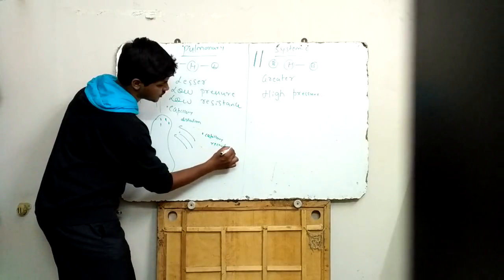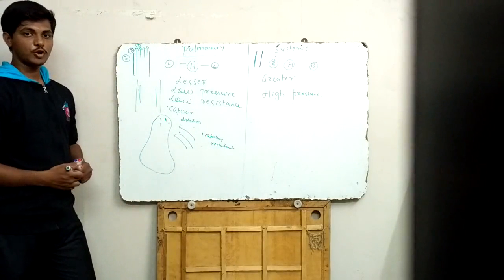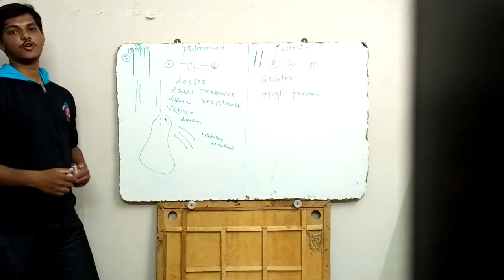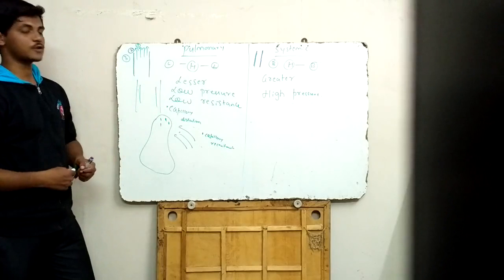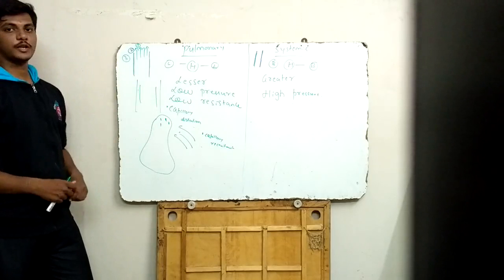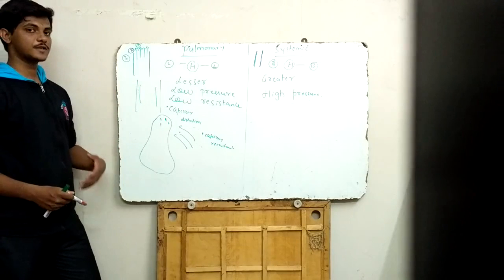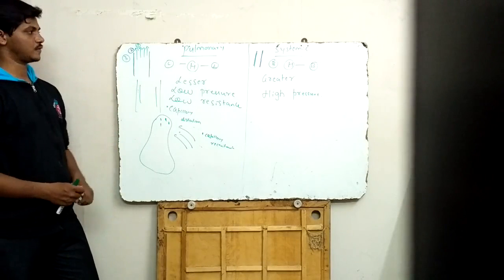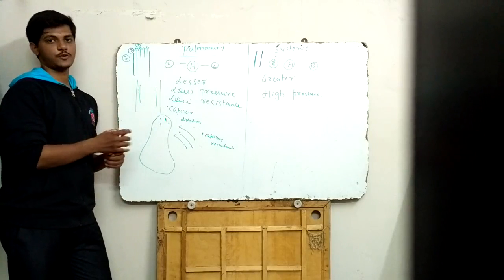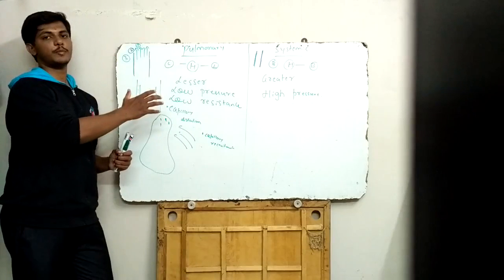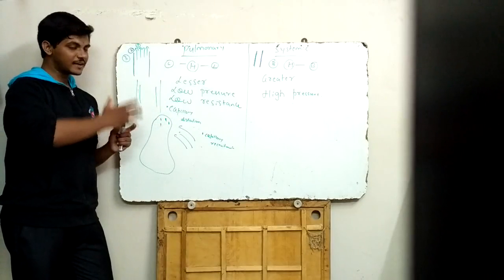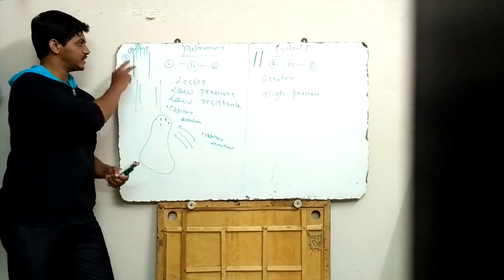Because of capillary distension and capillary recruitment, the amount of space is so much that more and more blood can be easily accommodated without raising the resistance or the pressure. So this is the reason that even if the feeding to the pulmonary vasculature is increased, the resistance won't increase but instead falls. Right? So basically we understood that the pulmonary circulation is a lesser circulation, but the amount of blood being pumped into it per minute is the same, and it will not increase the resistance to the flow of blood by 3 mechanisms.